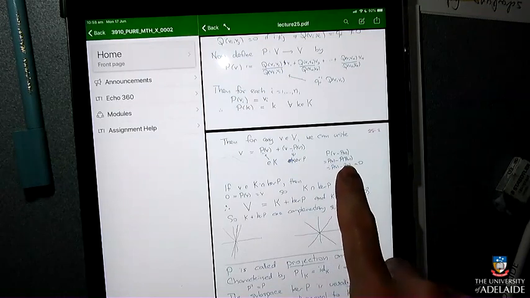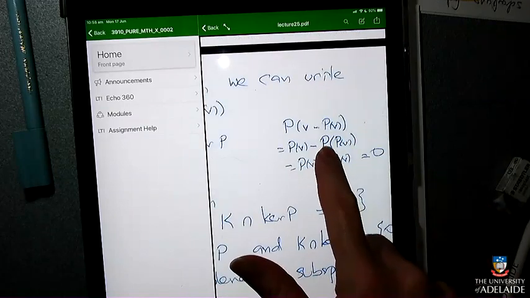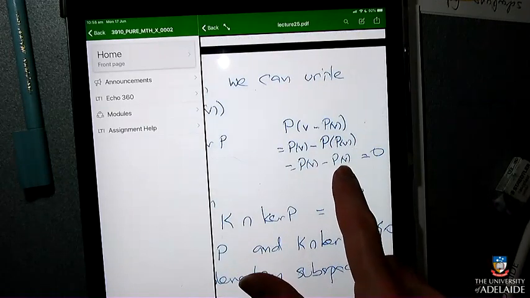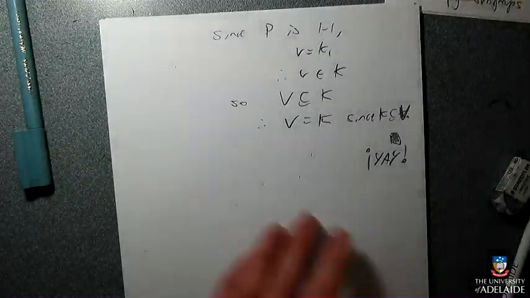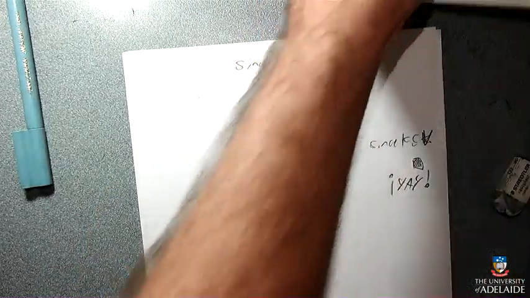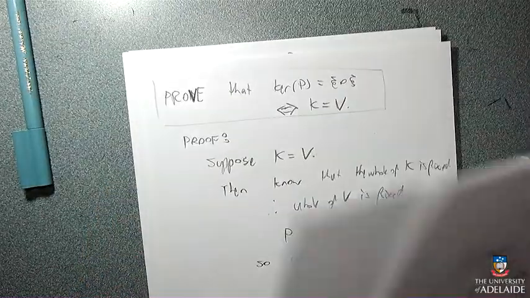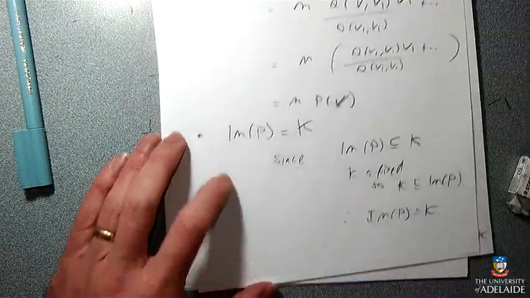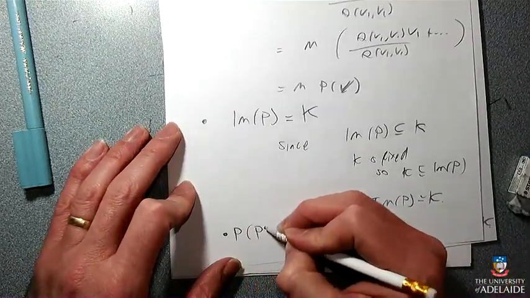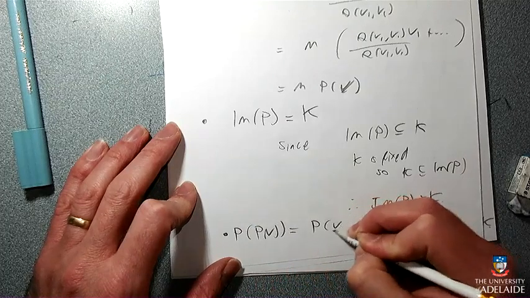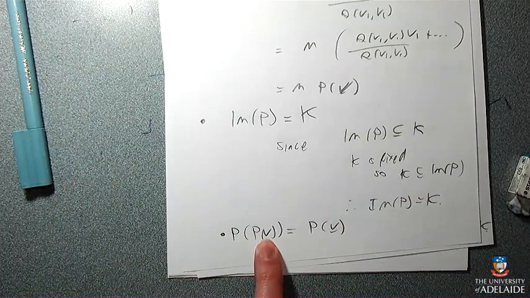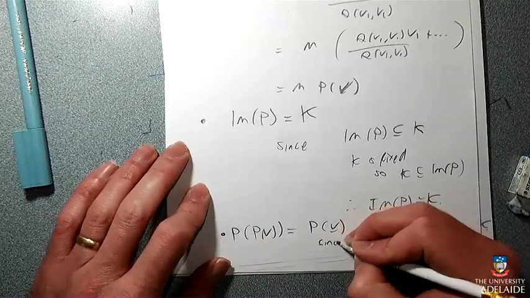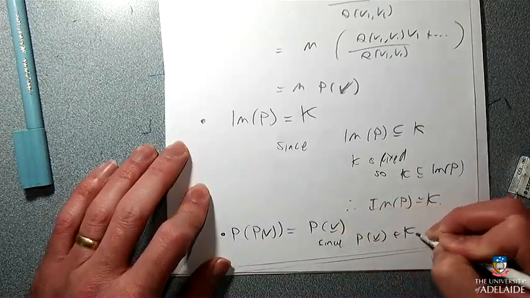Actually, he's used a little trick here. P of P of v is the same as P of v, apparently. That looks like a useful thing that we should write down somewhere. So I'm just going to write that down. So where were we? We were in the middle of writing down things that we knew to be true about this thing, and we wrote it in the proof. But that makes sense, I guess, because P of v is in K and K is fixed, and so therefore P has to fix P of v. Okay, that's good to know.